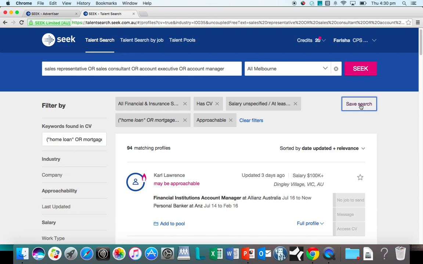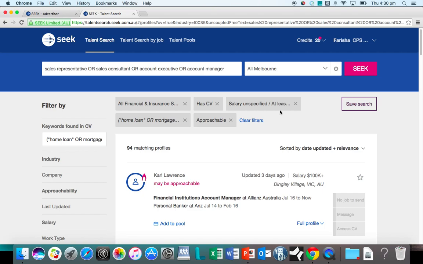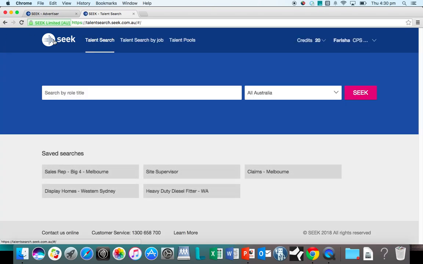You can hit this button here, which will save your search essentially. Give it a meaningful name. So I'm going to say sales rep, Big 4 Melbourne. Hit save, and you're done. So what will happen now is if you go away for a weekend or away for the day and you're checking it the next day, instead of having to punch in all those filters, that Boolean string, everything again,